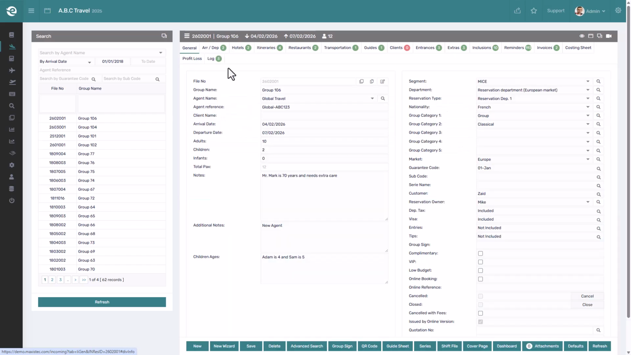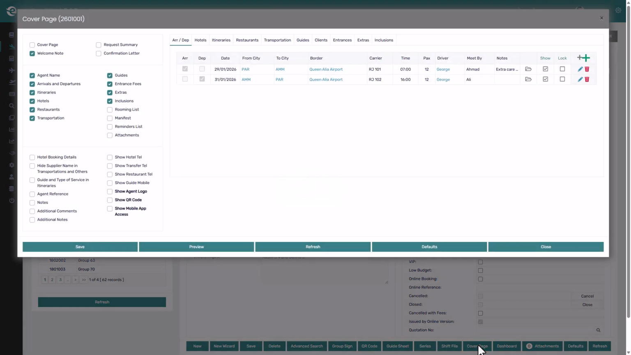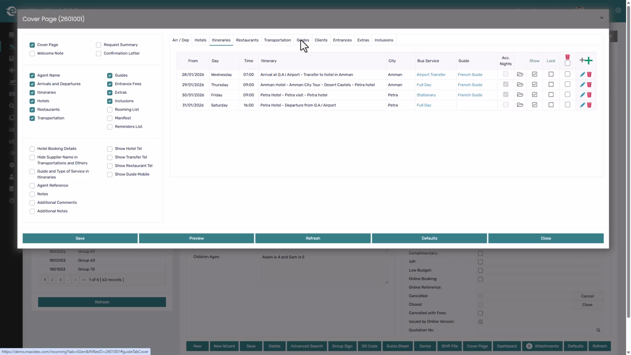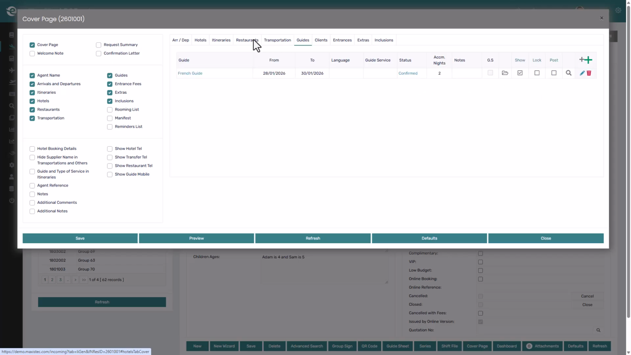Now let's move to the cover page. This section allows you to generate professional, client-facing documents directly from the reservation file. On the left side, you select the document type, trip details, and display options. On the right side, you preview the data before generating the document. There are 4 document types: